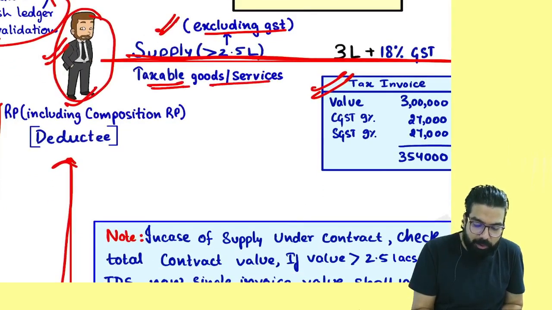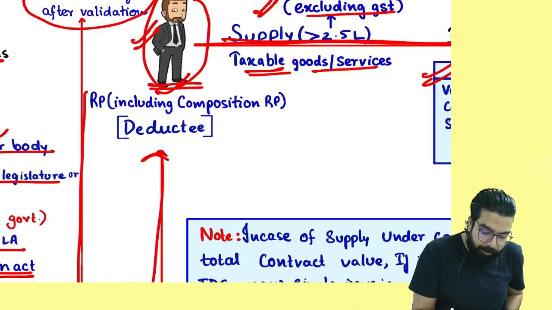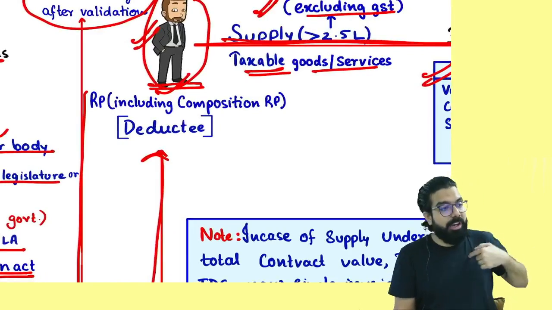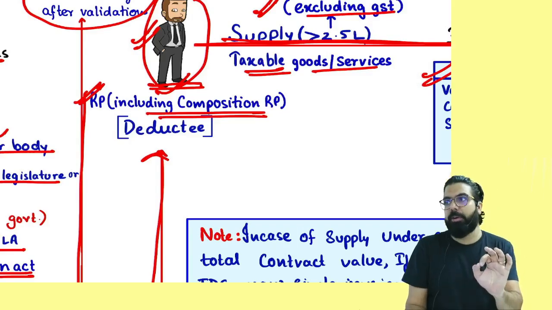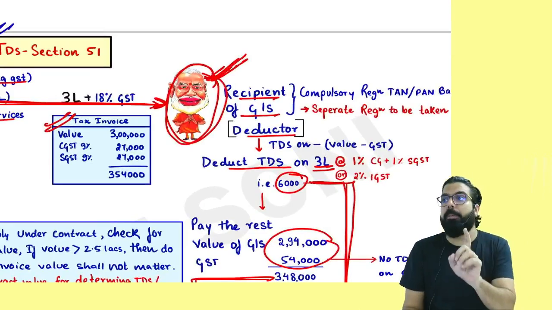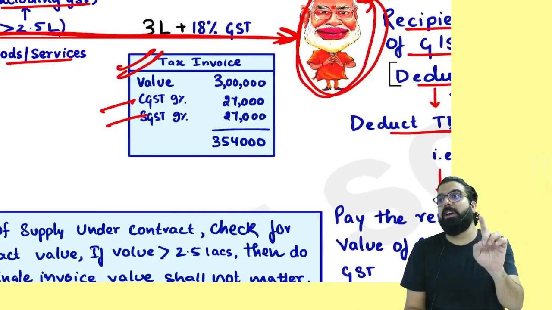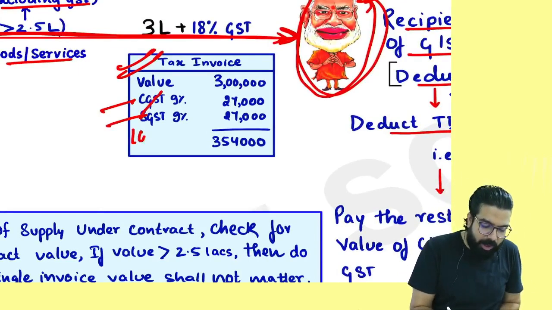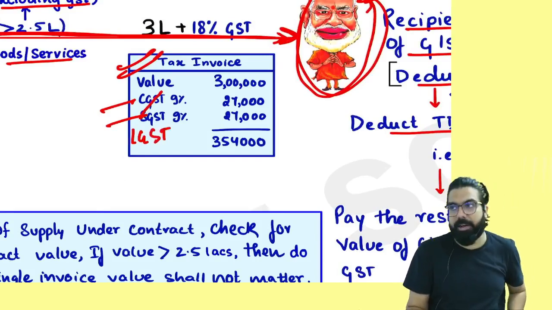Sir, it should be taxable goods and service because if exempted, then there is no TDS. Sir, in which case will TDS be deducted? Only when the supplier is a registered person, including a composition registered person. Remember, whenever you are supplying to the government department, if you have gone ahead and charged in your invoice CGST and SGST, they will deduct what? 1% CGST and 1% SGST. If you have charged in your invoice IGST, they will go ahead and deduct what? 2% IGST will be deducted.